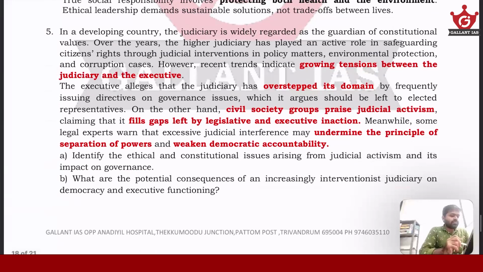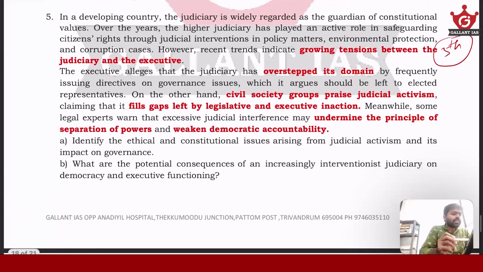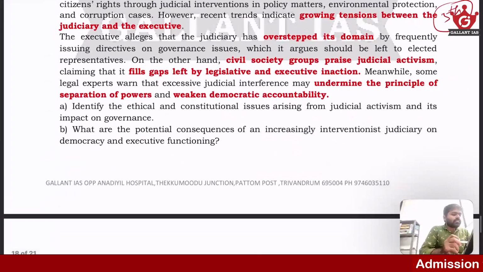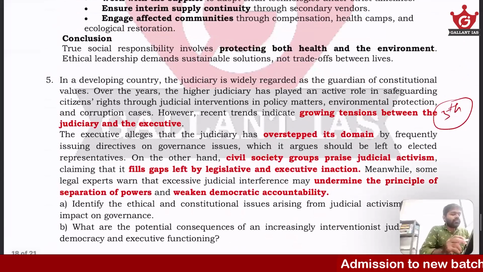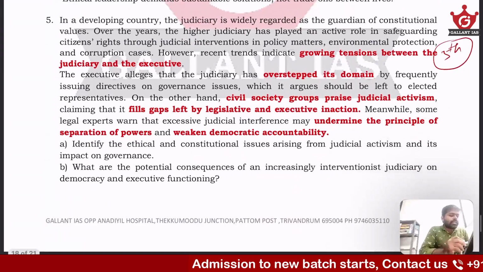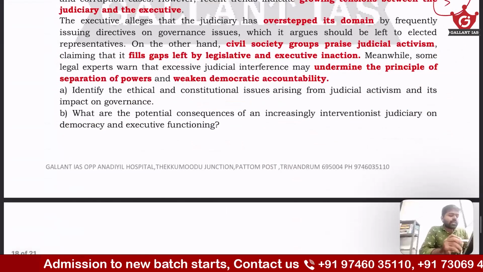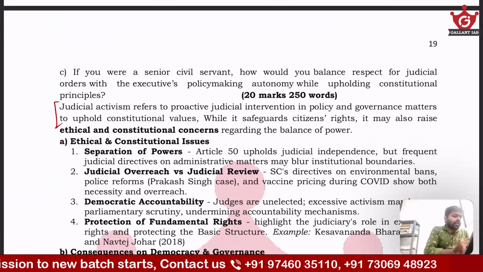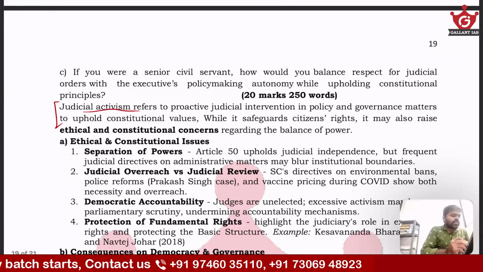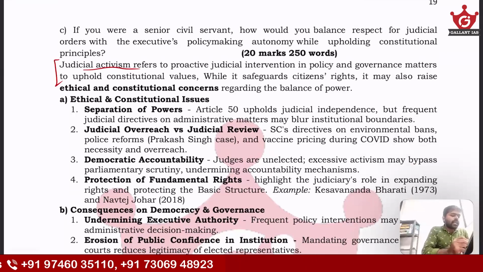The fifth question is comparatively simpler in the exam itself, because it is already familiar to all of us, with issues such as judicial activism as well as judicial overreach. These are the key points to be addressed here. And in the answer, you can include a definition of judicial activism. Stakeholders can be addressed. And the first question is about the ethical and constitutional issues.